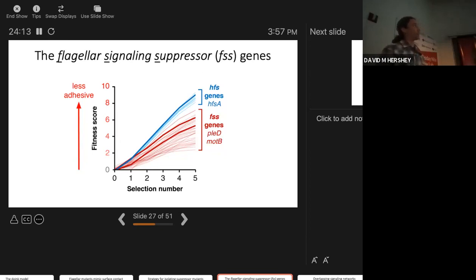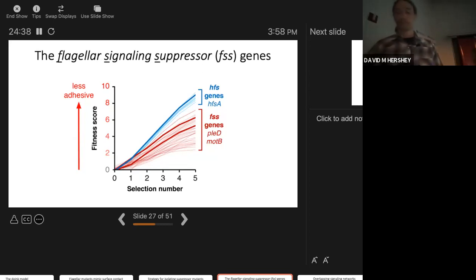I'm going to start by talking about these two genes here. PLED is a cell cycle regulator. It regulates this Caulobacter cell cycle program. It's involved in stalk cell morphogenesis. MOTB codes for one of the stator proteins. So this is part of this torque generating unit that actually turns the flagellum. What I'm going to show you on the next slide is that these two genes actually regulate holdfast production